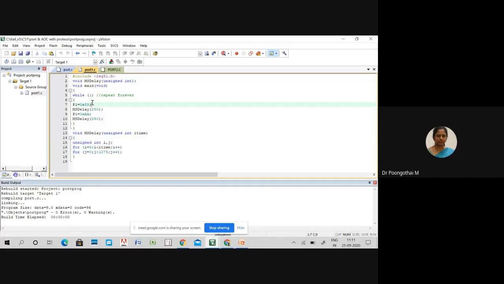And inside while I'm writing 55 to P1, calling delay routine, and AA to P1 and calling delay routine. So this routine will generate 250 millisecond delay. So this particular loop will generate 1 millisecond. I am passing a value 250. So this complete loop will generate 250 millisecond delay.